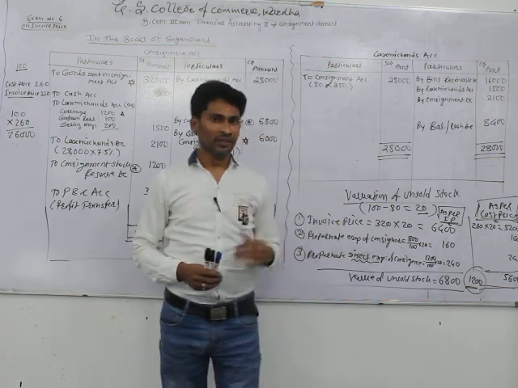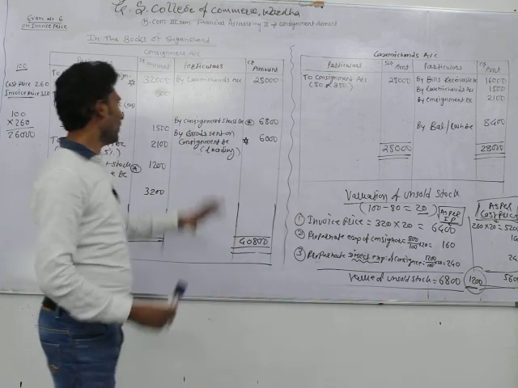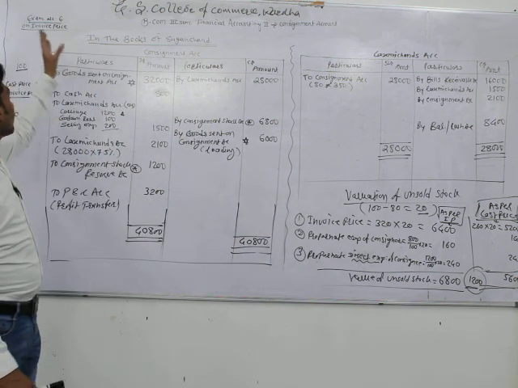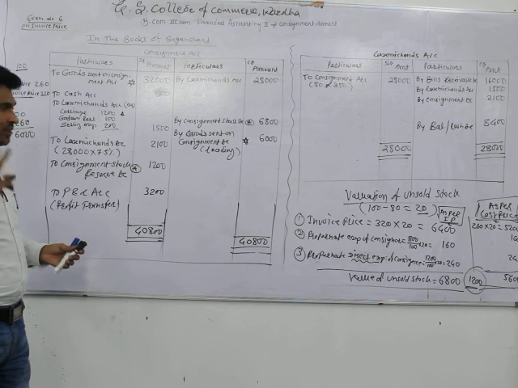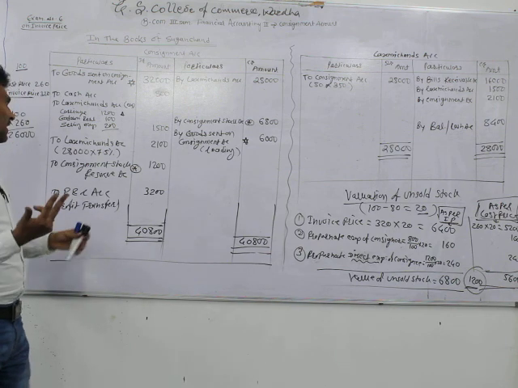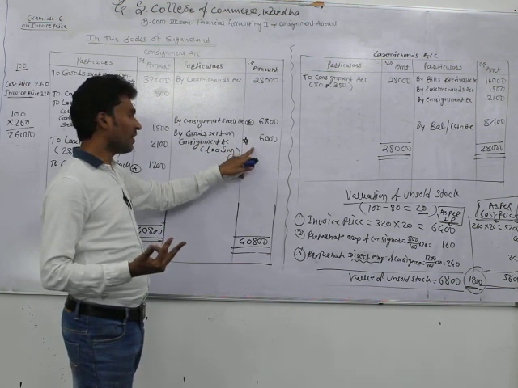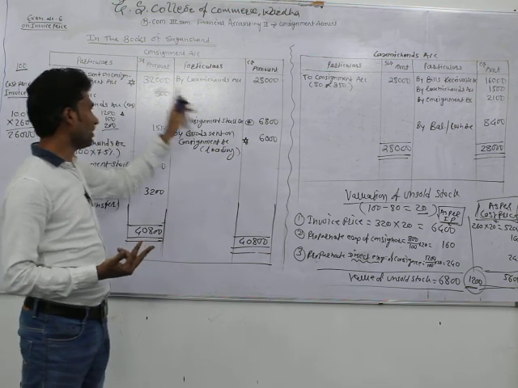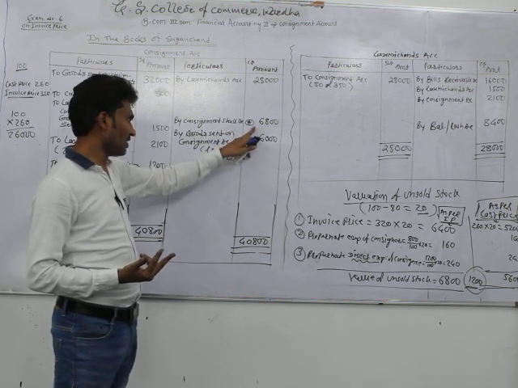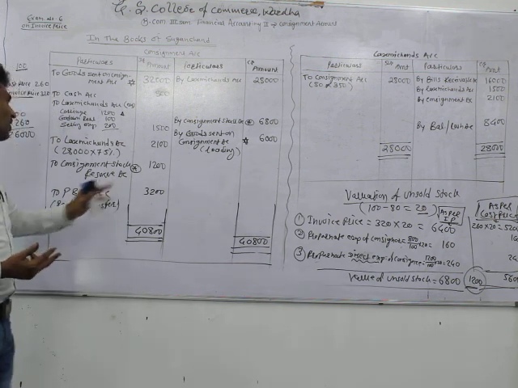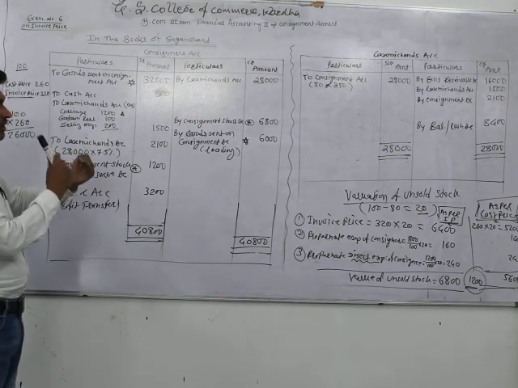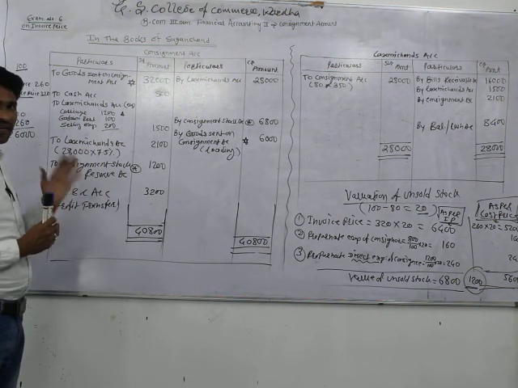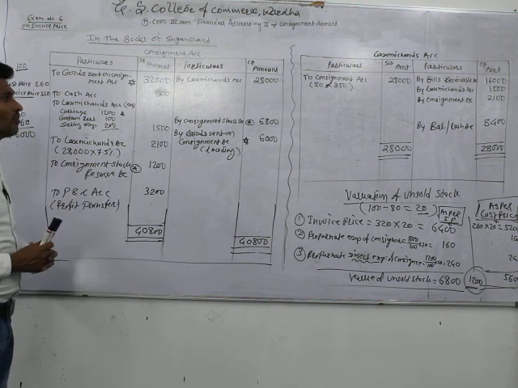This is our second example where I have given the information about when goods are sent on invoice price. Just two more points are created for cancelling the reserve on the goods sent and cancelling the reserve on the consignment stock account, where we have written the price as per invoice price, and invoice price is more than their original cost price.